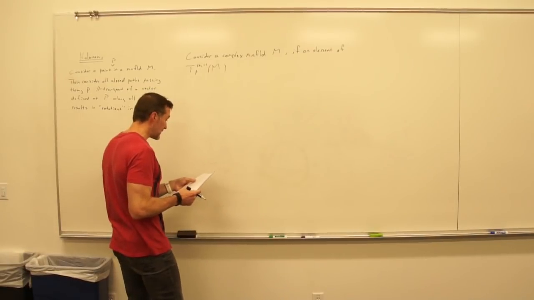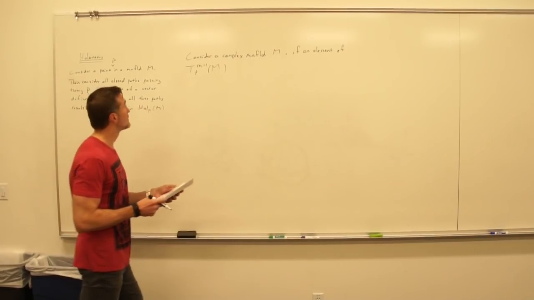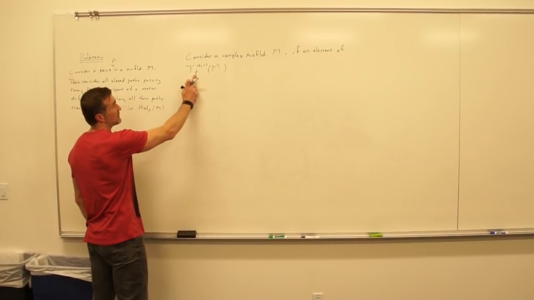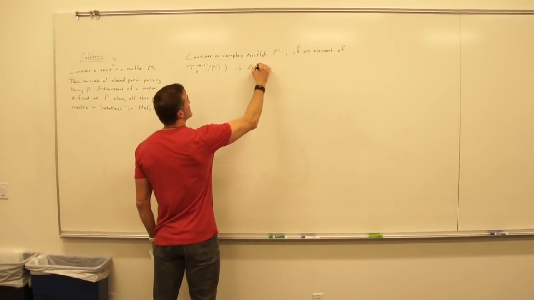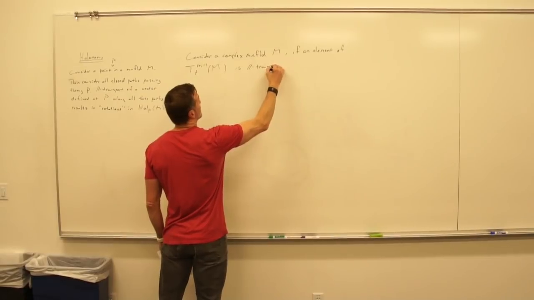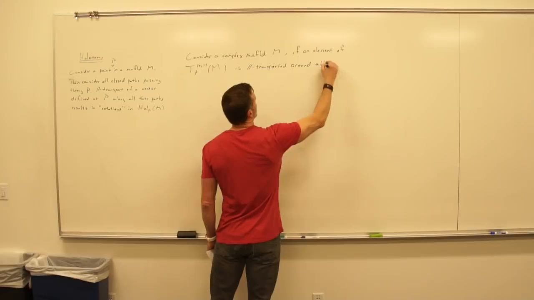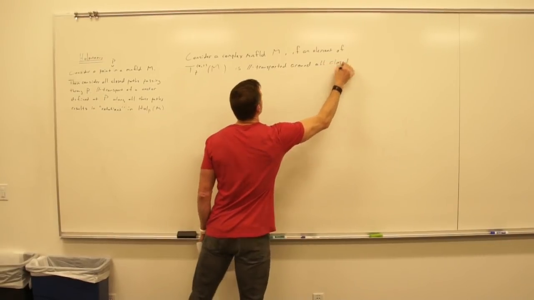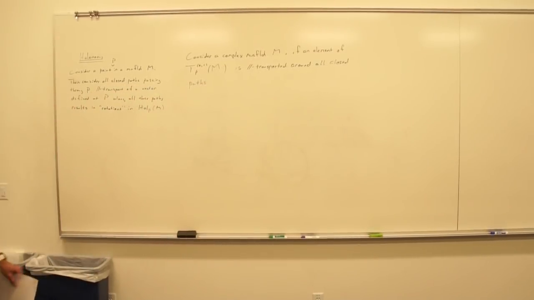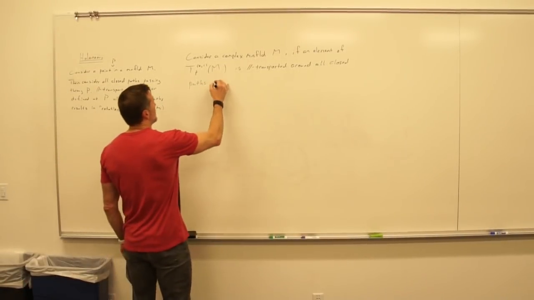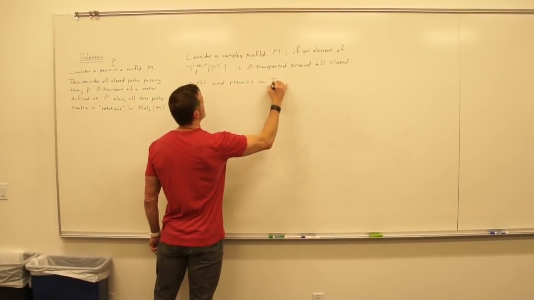But if we take an element of the holomorphic tangent space over a point P, if that is parallel transported around all closed paths, and at the end remains in T_P^{1,0},